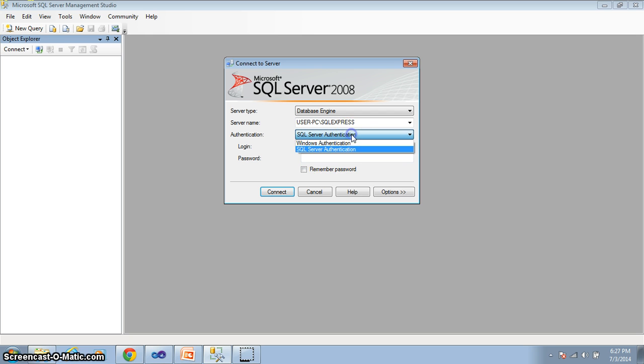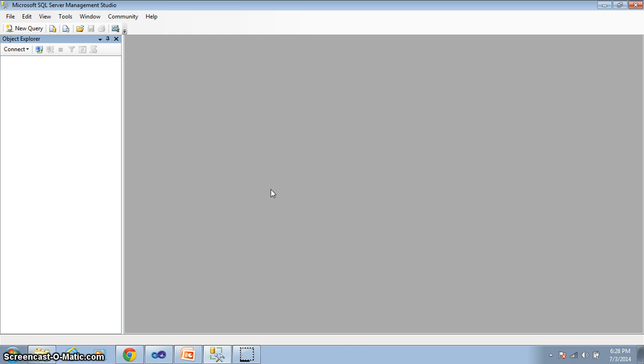Right now I don't want to use that, let me keep it simple. Windows authentication, which means whatever authentication you used to log into your system, the same authentication we are going to use. Then I will click connect. Once we have connected, we'll have access to create a database in the server. Just like how we used to do it with the terminal, we are going to make use of the GUI to create the database. You can also execute queries to create it.